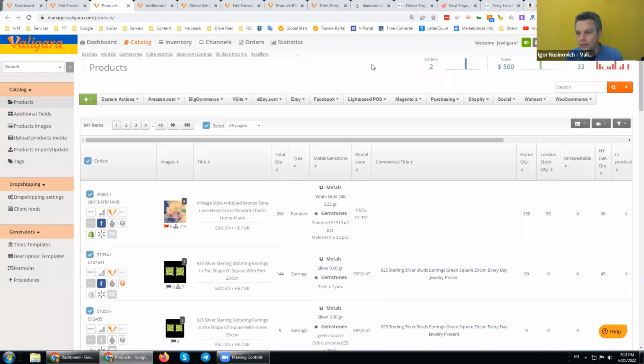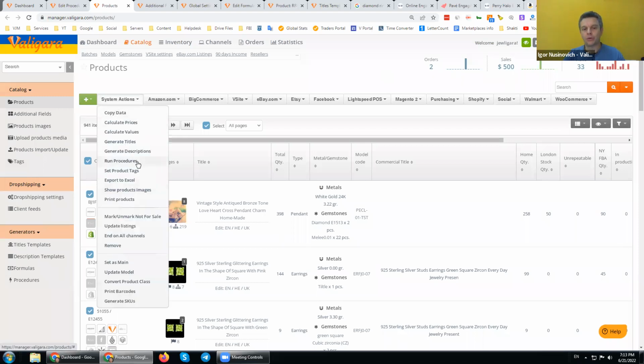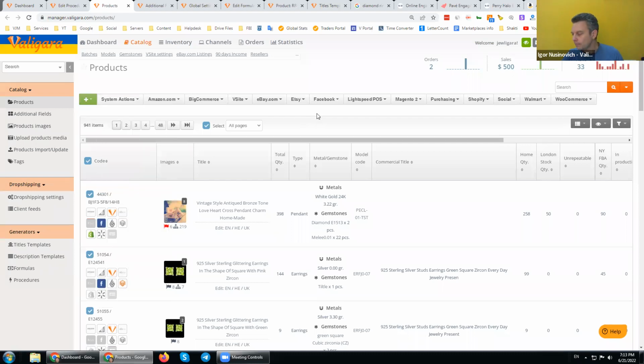So to avoid this, we need these tools to very quickly work with procedures, title generators, quick calculators, copy data, improving our data all the time, consistently, so that our data is updated.